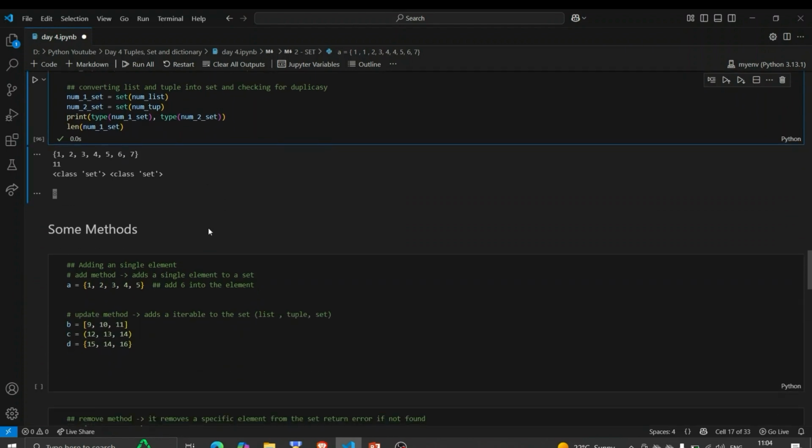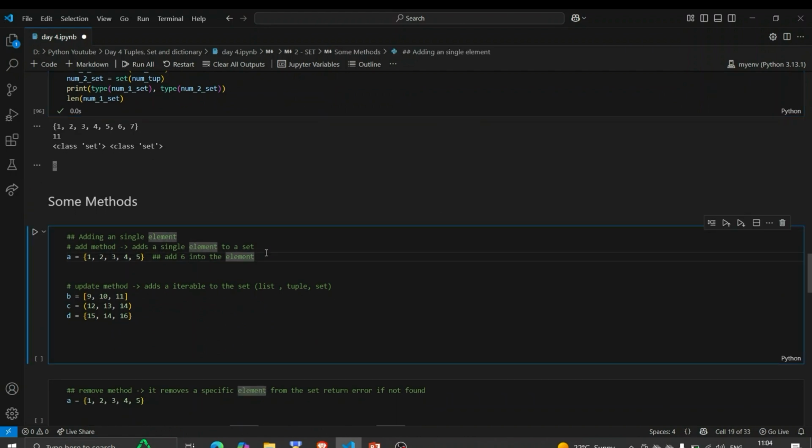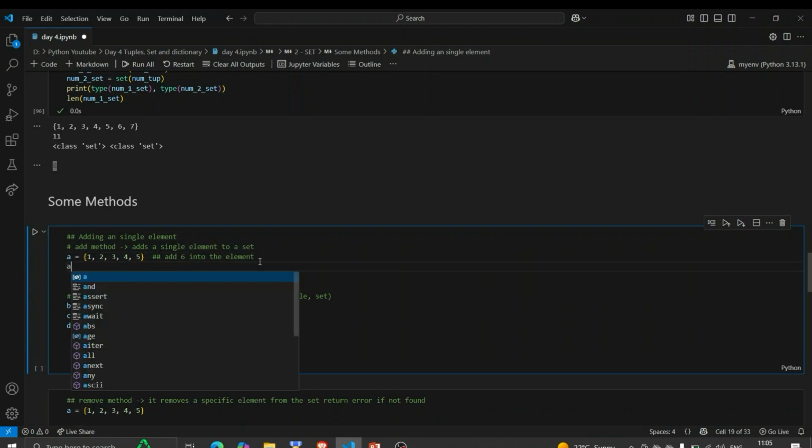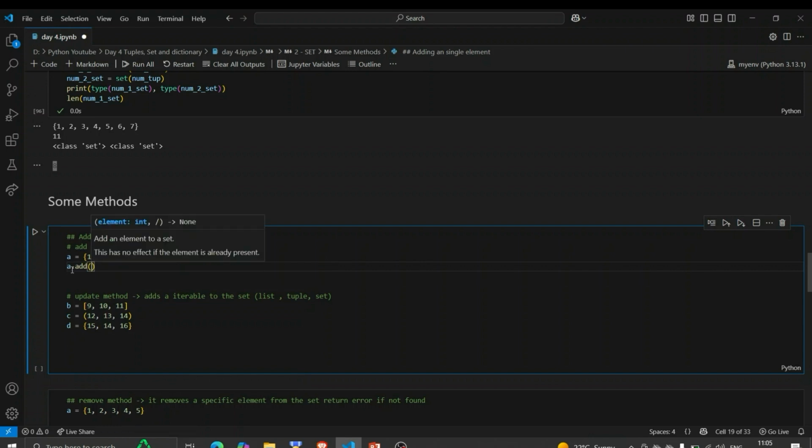That is very important. Even though sets are immutable, meaning you cannot change any value directly once it is assigned, that doesn't mean you cannot add or remove any value. You can add and remove values. This is a set, and here I have to insert 6 into the set. How can I do this? You just have to use dot add. The set name, and dot add. The add method is used to add anything, and I would add 6 here. And if I print it,